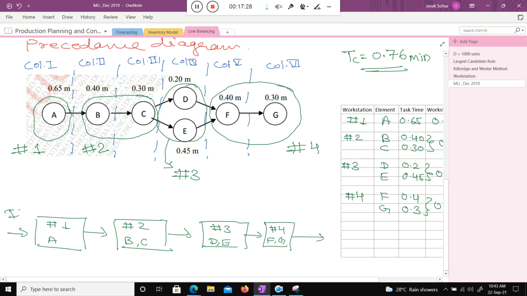This is the input, and here you get the desired output.